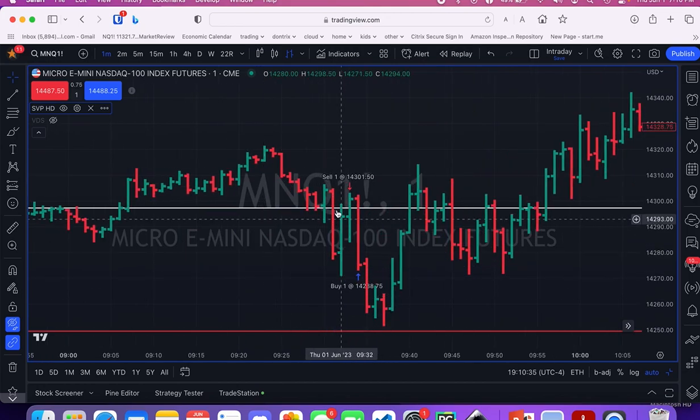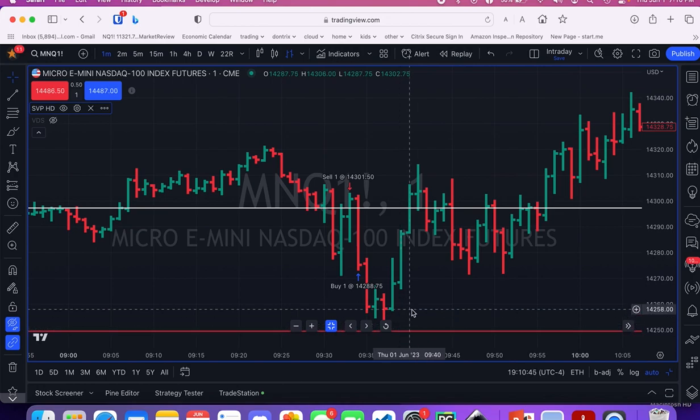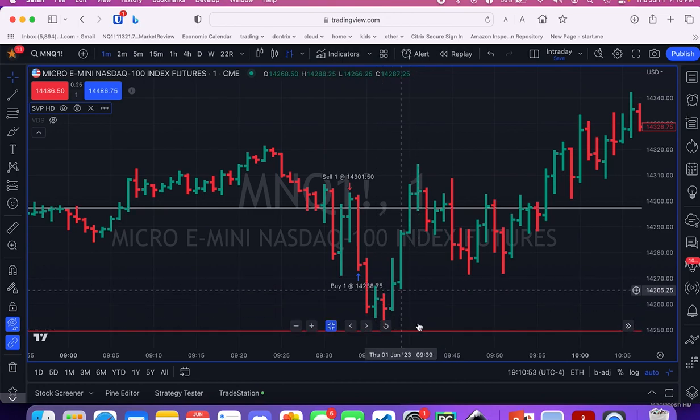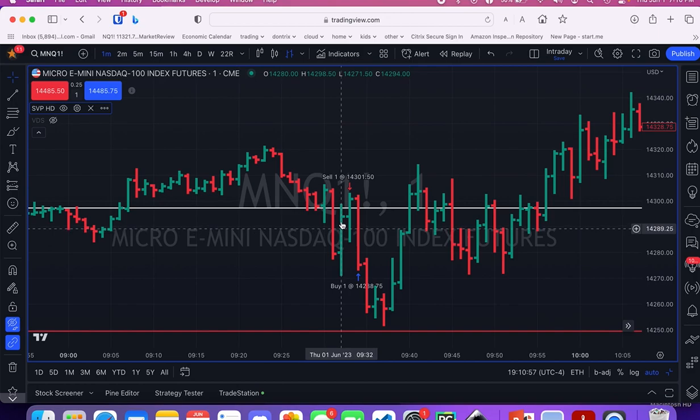The white line is the point of control, and the red line is our value area low. Sorry, I keep messing up that term. Value area low. So what happened was here the price got rejected at this point, and then it just pushed back,